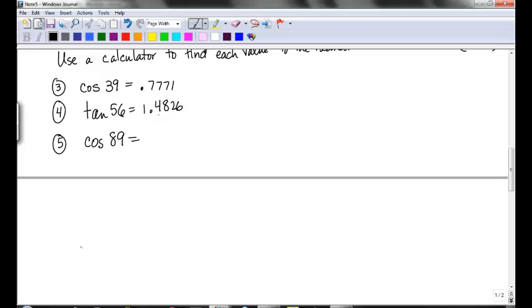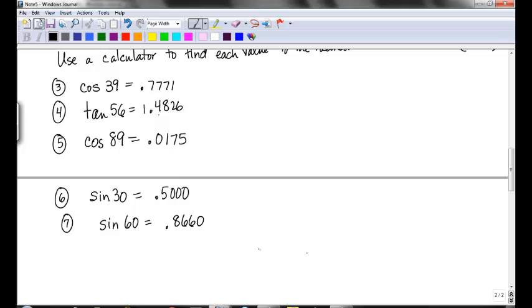Cosine of 89, and I get 0.0175. Okay, on number 6, sine of 30 degrees. Sine of 30 degrees, 0.5000. Okay, and sine of 60 degrees. Sine of 60. Yep,